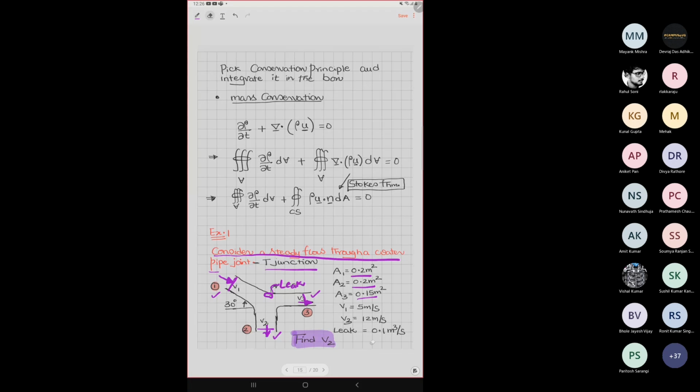And there is a leak of 0.1 meter cube per second. This is the volumetric flow happening. Very simple problem. Without using these complex formulas also one can solve it. But once we have that mathematical formula, even complex problems we can so easily handle, because the algorithm works in